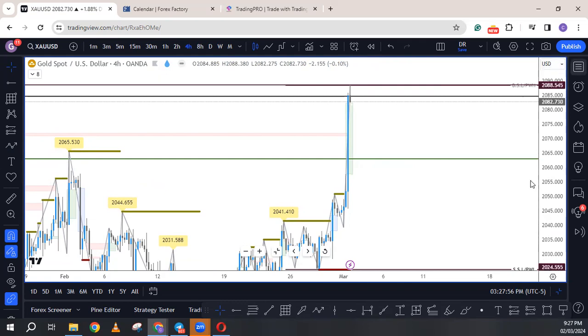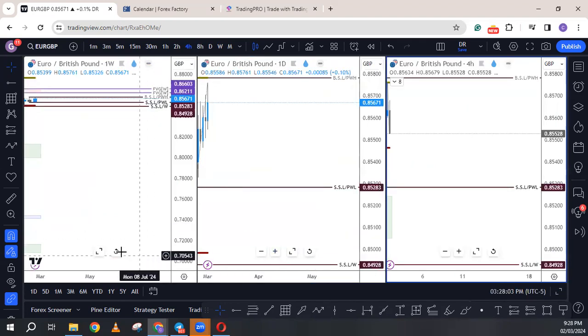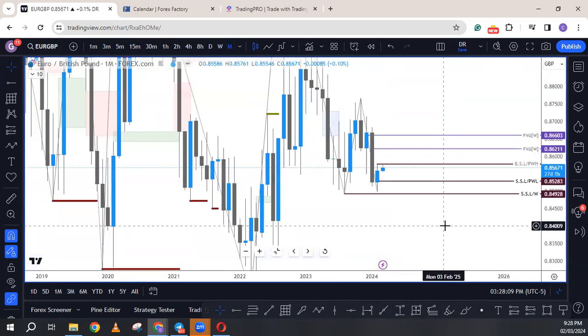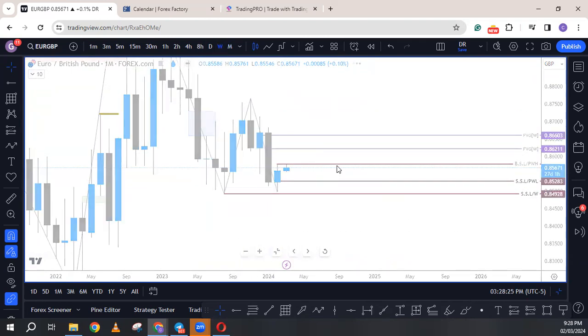to the upside. Then the next pair we're going to be looking at, EURGBP, has not been the best of pairs. It's been in a very, very wild consolidation. As you can see, this is the candle movement for only the months of January and February. You can see this small bodied candle. So if we go down to the weekly,